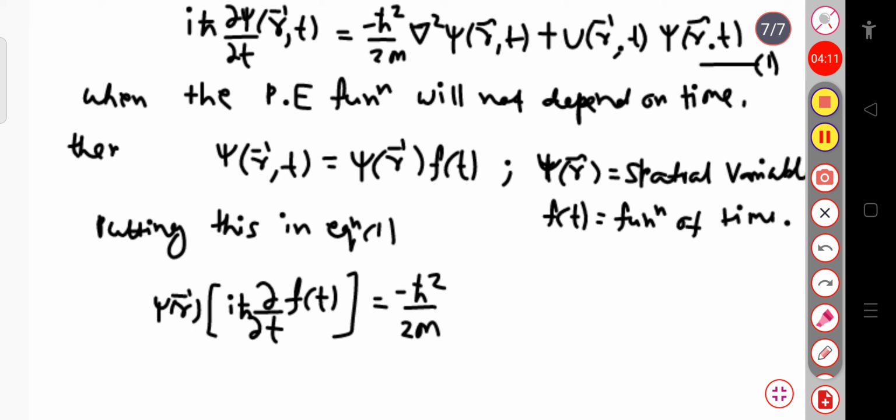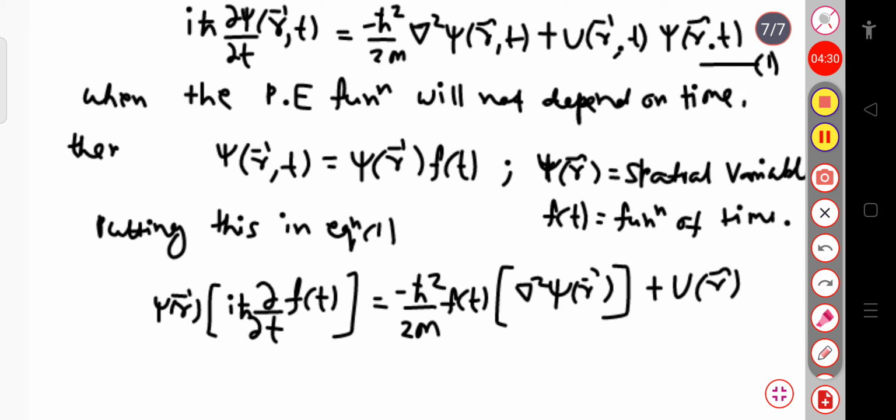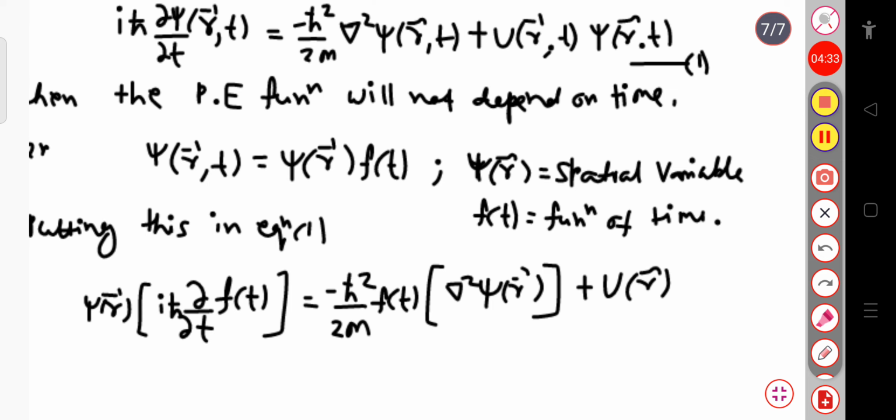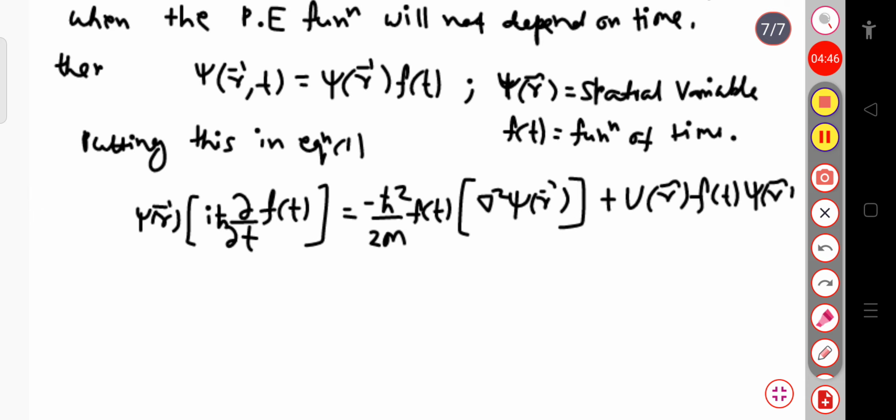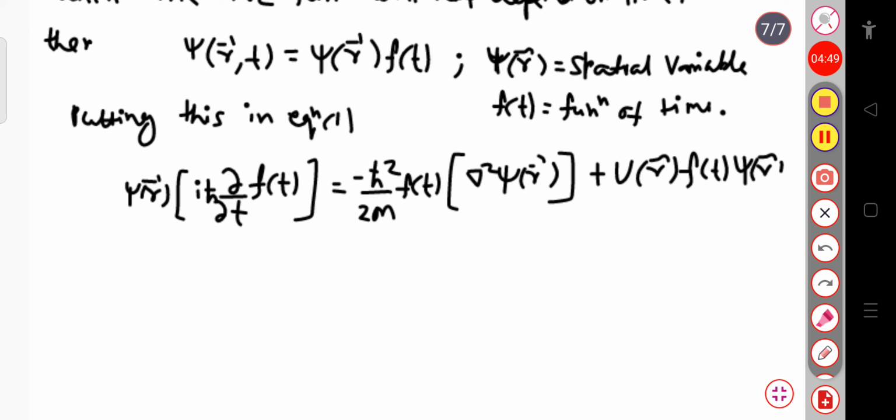So basically we can say that this del operator will only depend on the space coordinate or the position coordinate. So here we can consider f of t to be constant, so it can be written here, and here it will be ∇² psi of r, and also plus U, that is, U is a function of r,t, I will write U of r, since potential energy will not depend on time, into f of t into psi of r. In place of psi of r,t, I am simply substituting psi of r into f of t. There are two different functions, one depends on the space coordinate and another depends on the time coordinate.